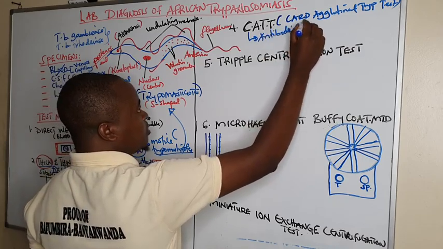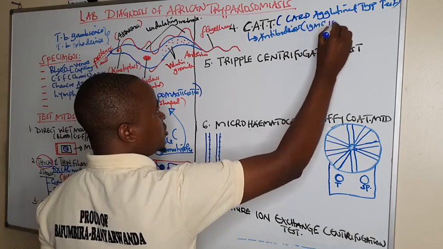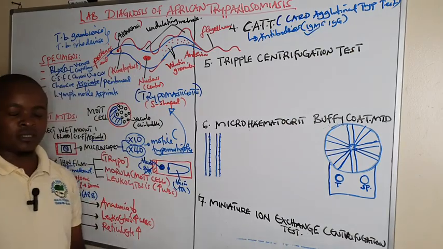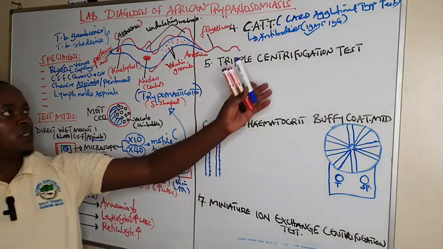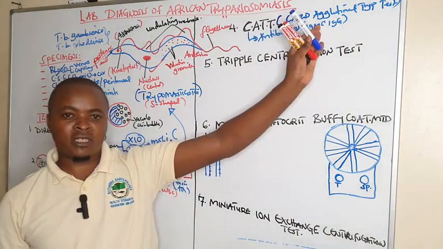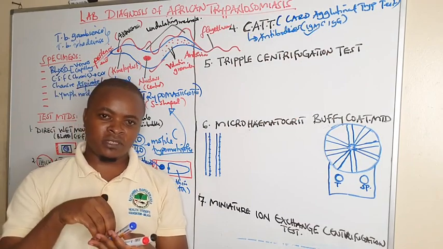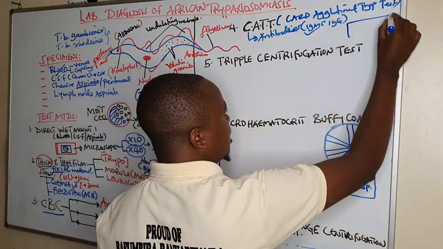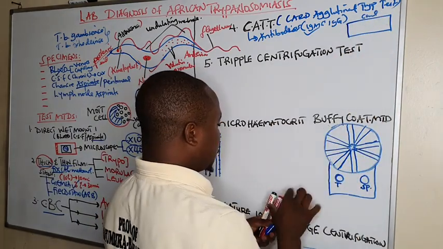These antibodies are IgM and IgG. But we prefer IgM because it is the one that shows current infection. So here you are using an agglutination test with a card. This is the card we are using,